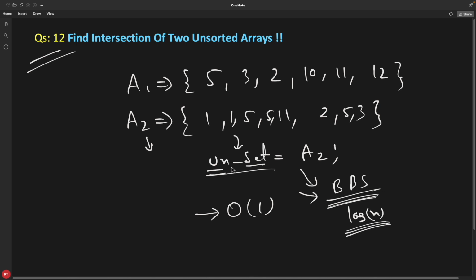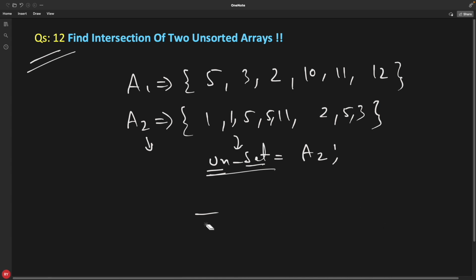As long as they are not asking for order, you go for unordered set. So we have inserted everything in our unordered set. Now how do you go about it? Now it's very easy. As you have this array 2 inside this unordered set, what you have to do,